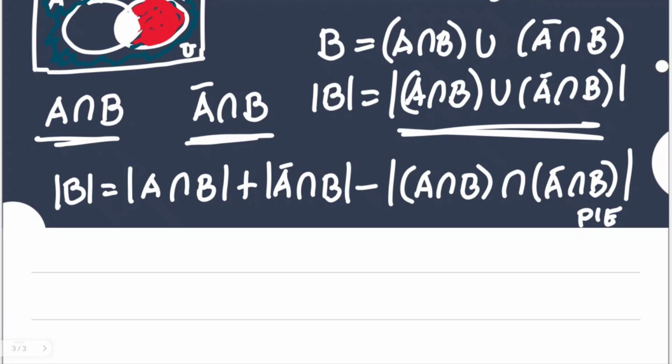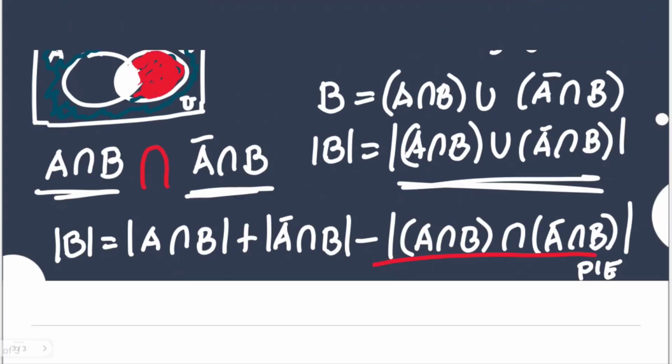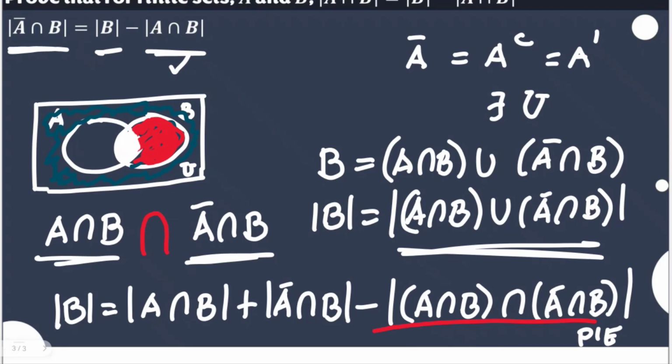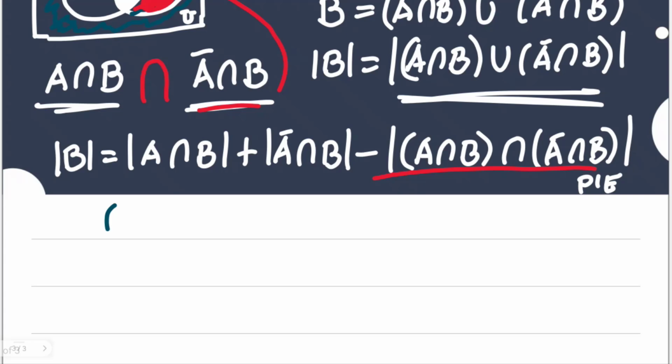But looking at the intersection of these two, this comprises white and this is what our red is,